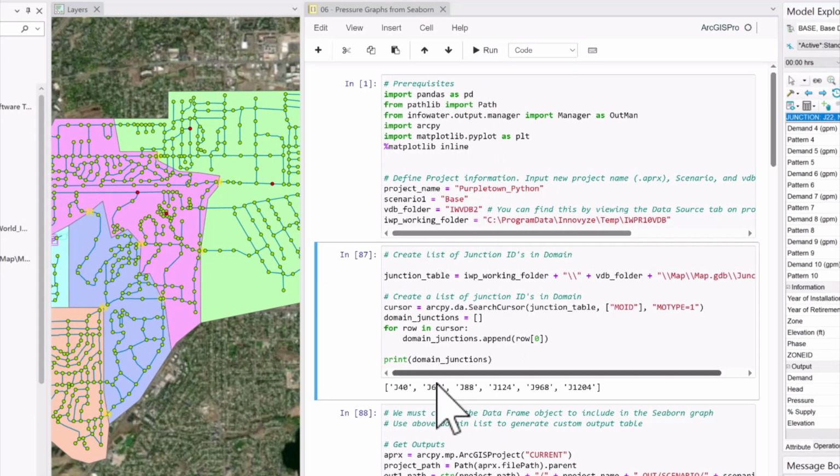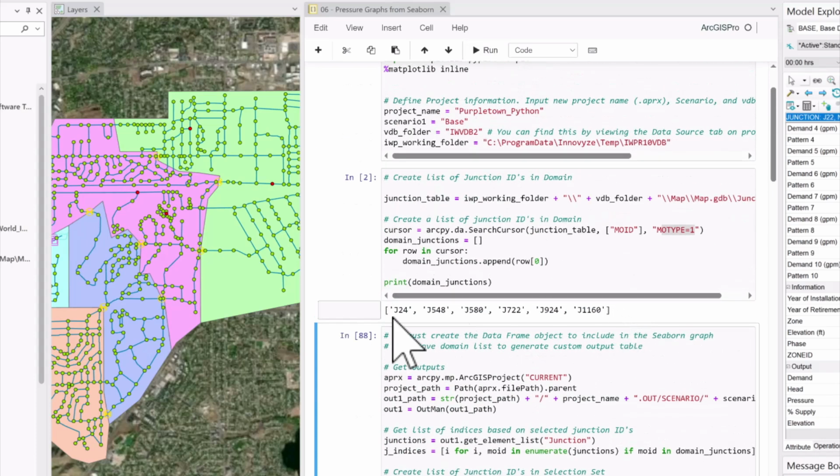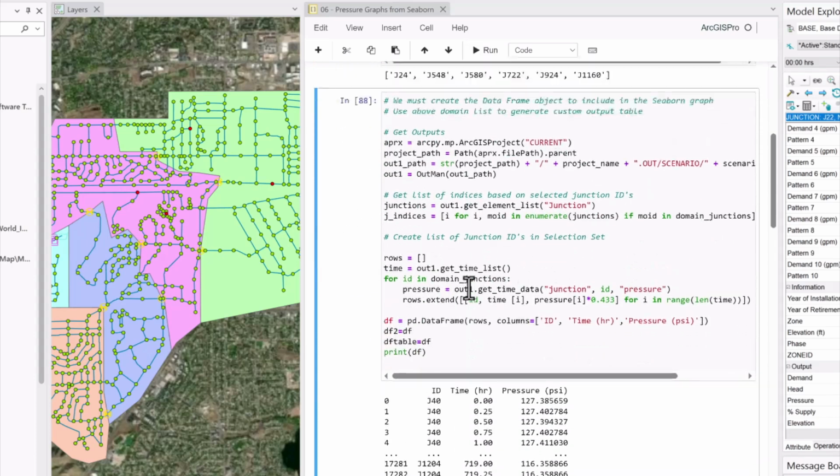You can see I've run this before, so I've got some different junctions selected here from my domain. Here is where it's creating that junctions table from that working folder, that virtual database. It's finding those junctions and selecting them based on whether they've been selected from that domain and have that type 1 there. So here I can go ahead and run that. I've got a new list of junctions here, and we move on to the next cell, as we call it, in